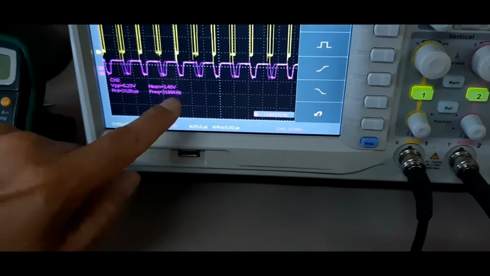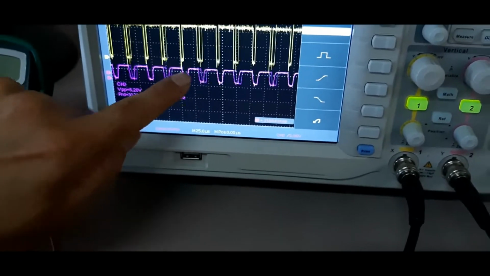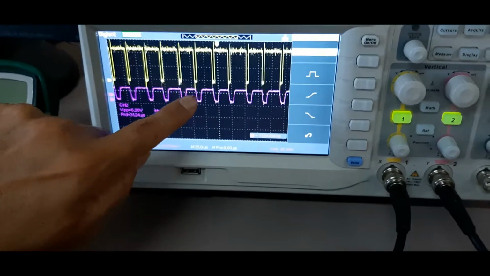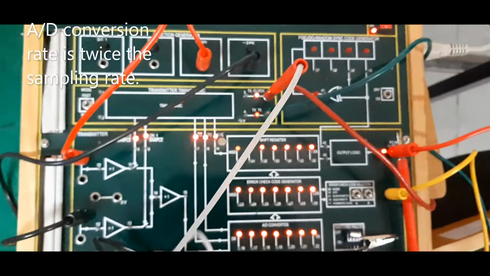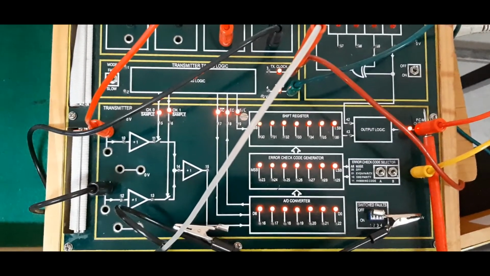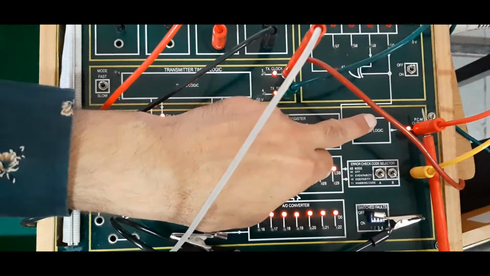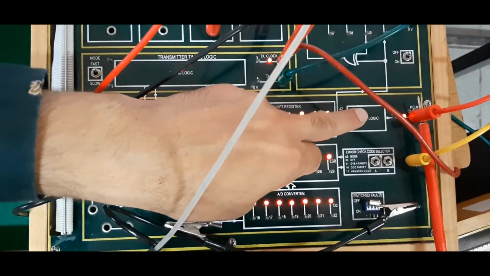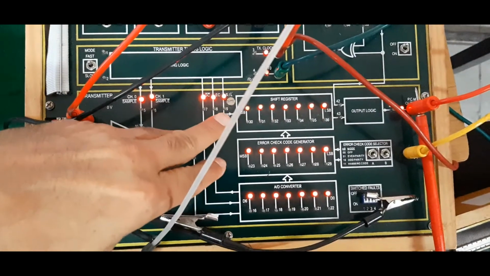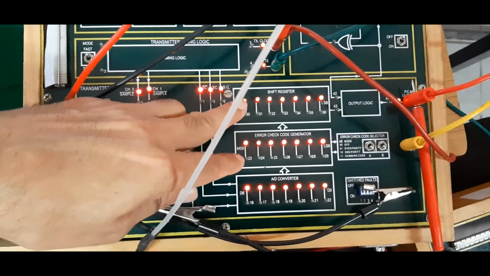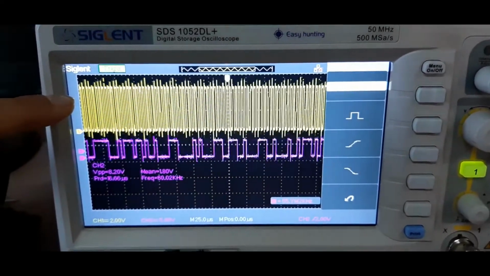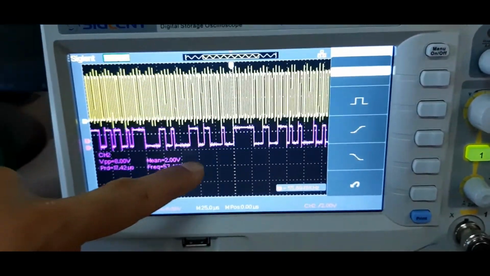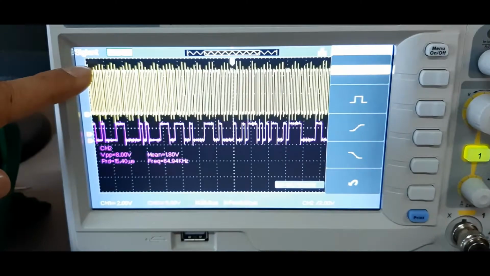So essentially during this part, when this train of pulses is high, parallel to serial conversion takes place. So here we can see the output of the PCM circuit after the parallel to serial conversion, which is done by this shift register. You can compare this with reference to the clock signal. The signal below is a PCM output and the signal above is a clock signal.